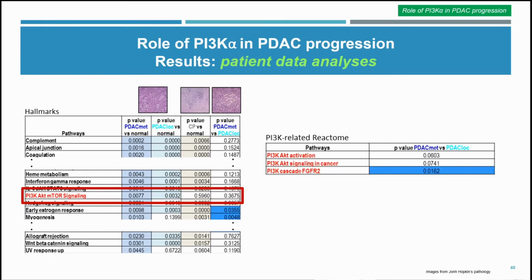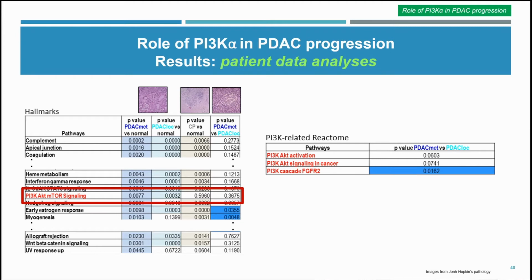Further analyzing the PI3K-related reactions between localized and metastatic patients, we observed that there's a higher activation of the PI3K cascade towards FGFR2 in metastatic patients,